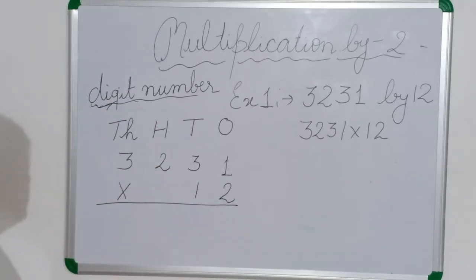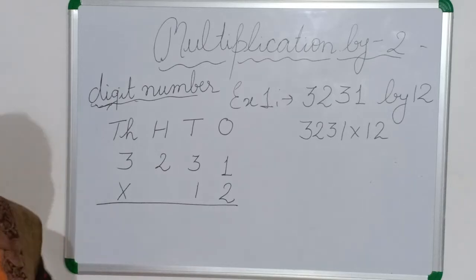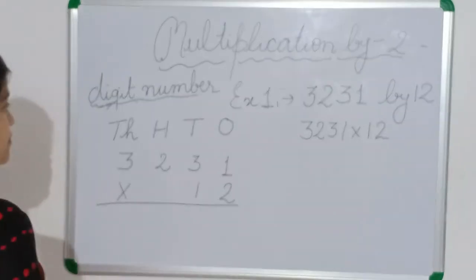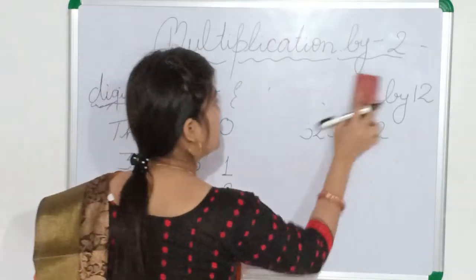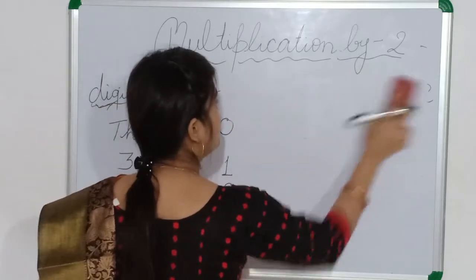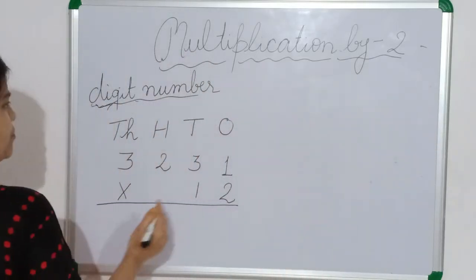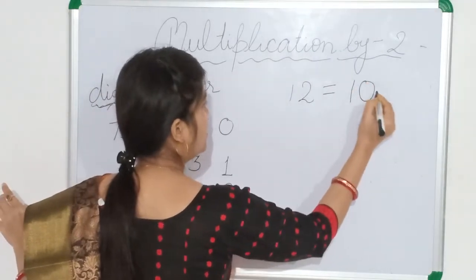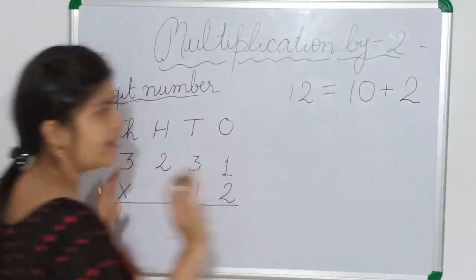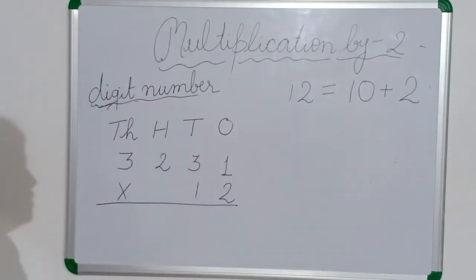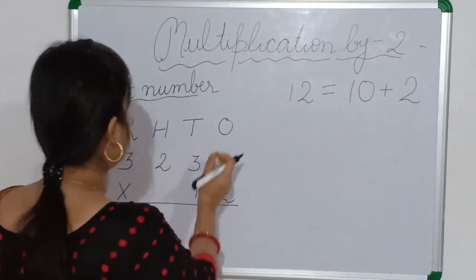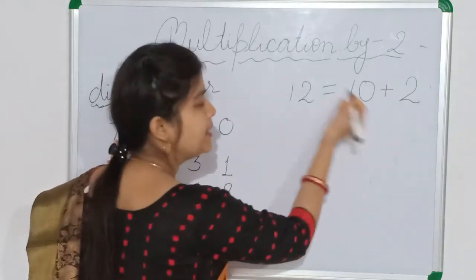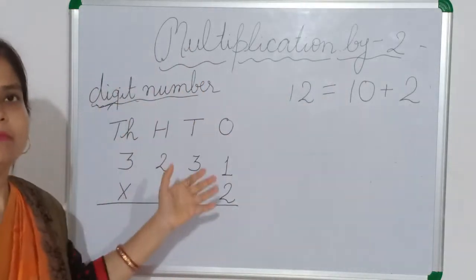Now children, you know how to multiply by one digit number. Here you have to multiply by two digit number. You can write 12 as 1 ten plus 2 ones. You can write or not? You can write now. So here I will multiply this number one by one. First I will multiply with 2, then I will multiply by 10. And then whatever will come, that I will add.